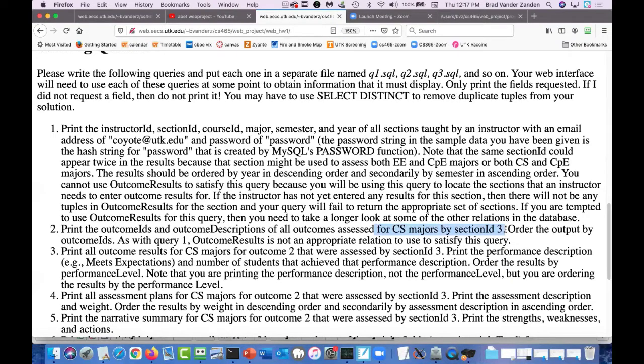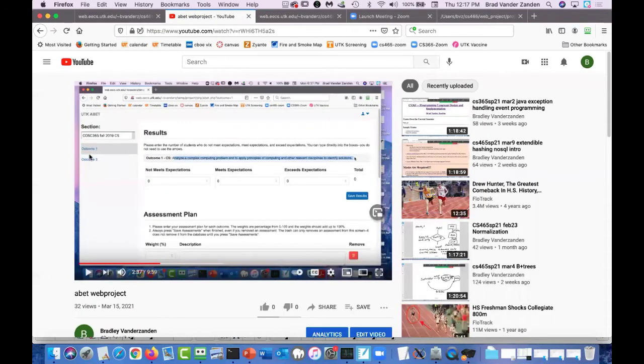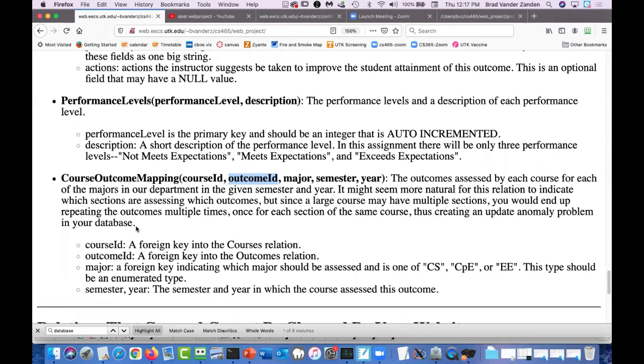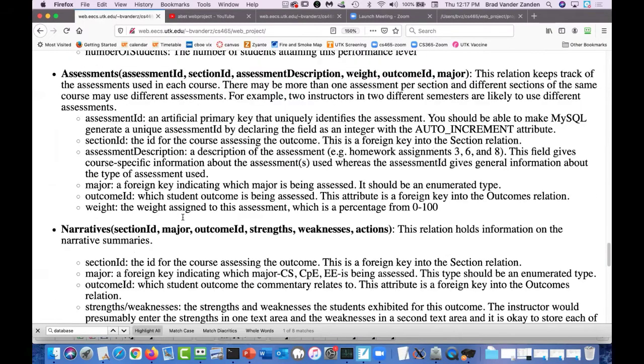So supposing that the instructor said, I want to assess the CS majors for whatever section is associated with section ID 3. You may remember from the website that when you select a section, it lists right here the outcomes so that the instructor can select an outcome. So query 2 is asking you to find the outcomes assessed by a section. And again, if you know the section ID,